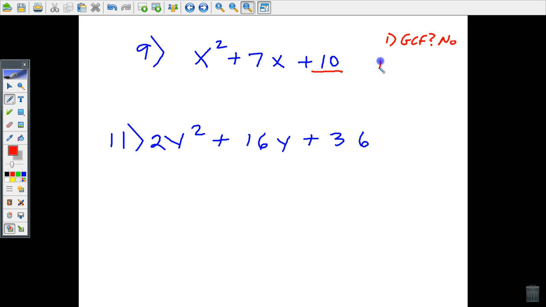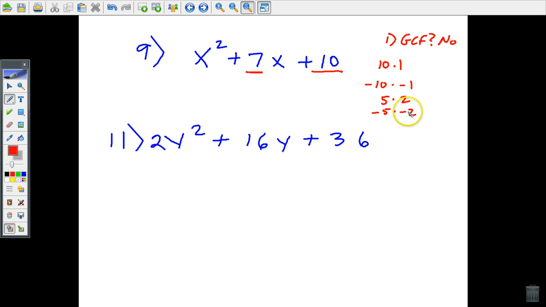I'm just going to make a list of all the factors of 10. Okay, positive 10. I could do 10 times 1, I could do negative 10 times negative 1, I could do 5 times 2, I could do negative 5 times negative 2. I believe that captures all the factors of 10, but I need the combination of factors of 10 that add